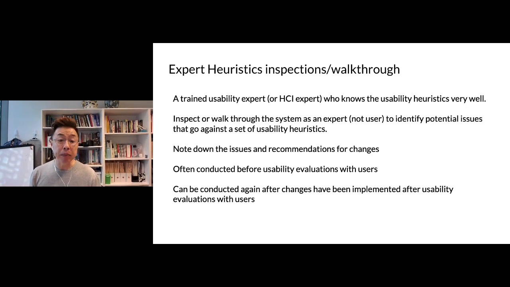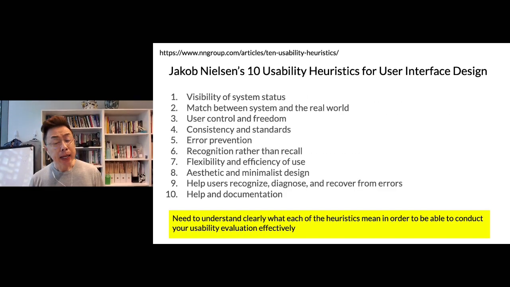They're often conducted before usability evaluations with users. That's because the experts would then be able to get rid of a lot of the usability issues, so that when the users come and you conduct usability testings with them, there'll be less problem for them to find. Again, you can conduct expert heuristic inspections after you've implemented changes, after you've conducted your user testing. As I said before,